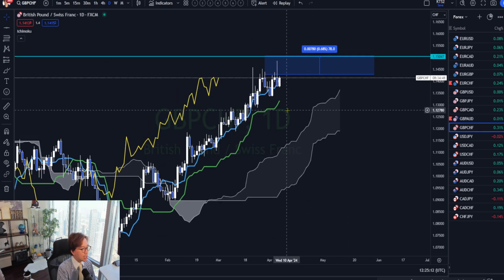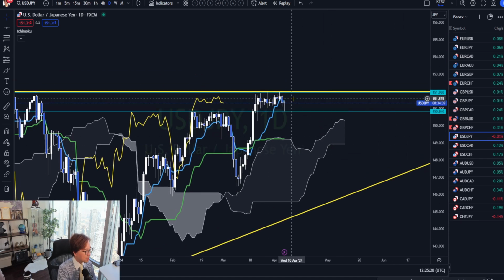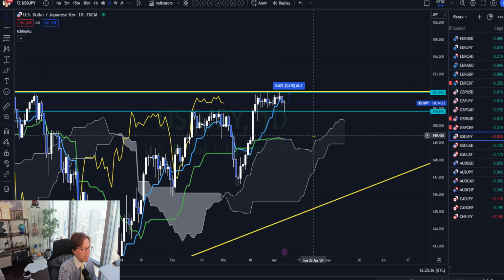Kumo is up, Kijun Sen, Tenkan Sen both bullish, Chikou span above candles, so I mark red. And the USD JPY is very close to the resistance, but if USD is bought and JPY sold at the news, it can break the resistance. To the resistance, there is only 50 or 60 pips or so, so it may break that resistance. So I check the USD JPY as well.